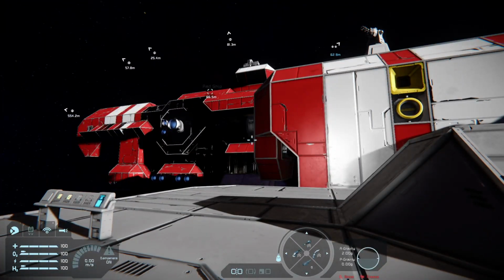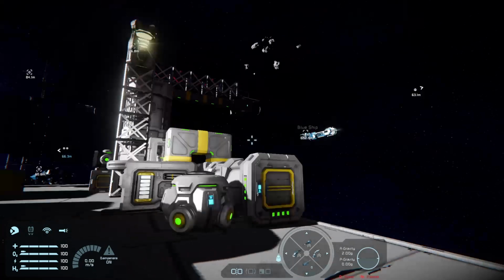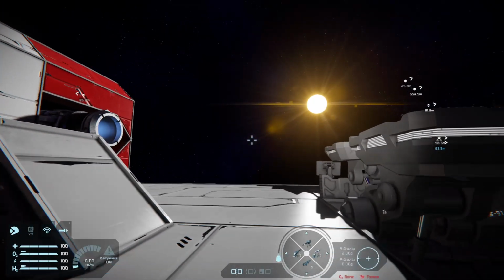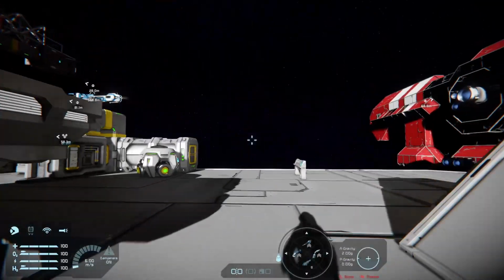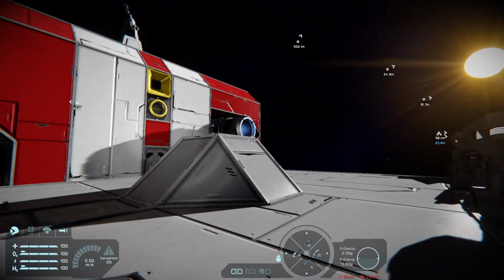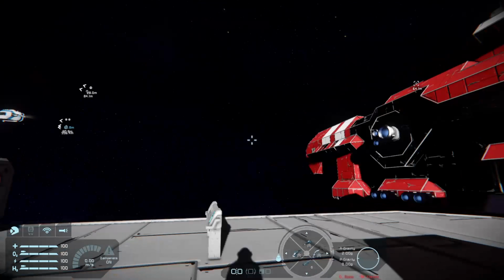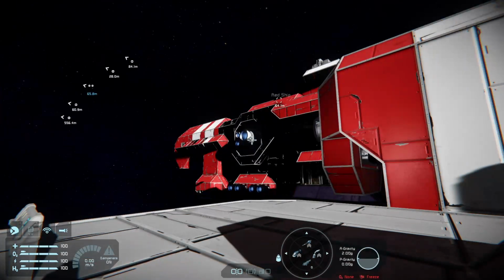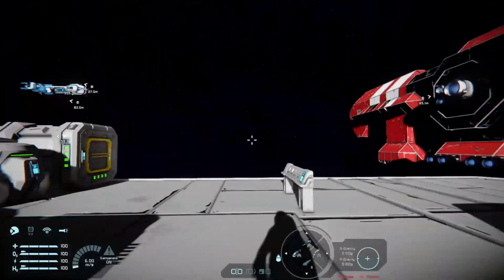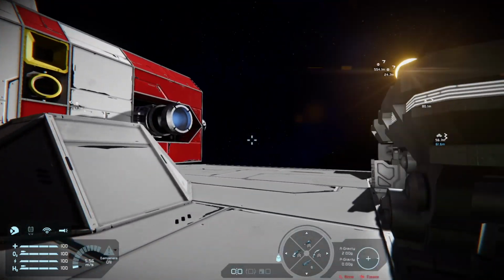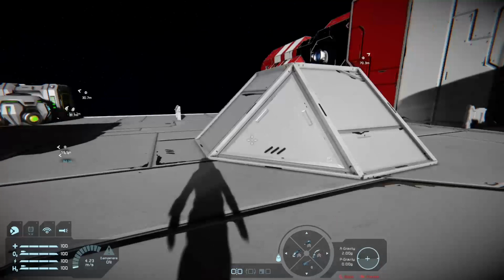Hello, welcome to the Xbox version of Space Engineers. One of the best creative or creation games you can get on the Xbox, where you can actually make your creations come to life. I mean, look, red ship, blue ship, my own ships. And today, I want to talk to you about pistons.